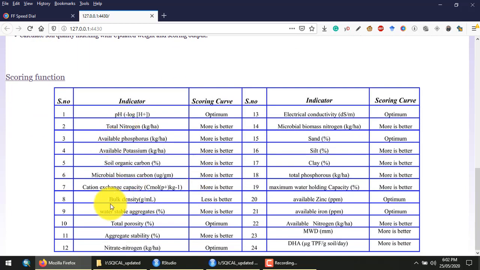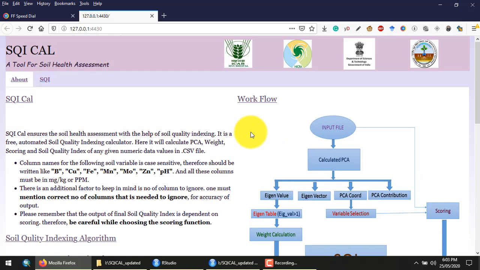Here you can see that bulk density follows the less-is-better scoring function, pH and most of the micronutrients follow the optimum-is-better, and some indicators generally follow the more-is-better scoring function curve.